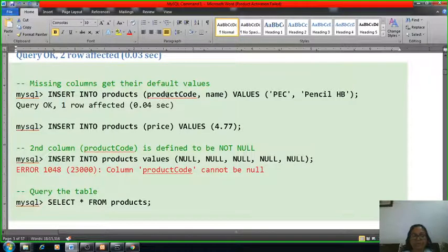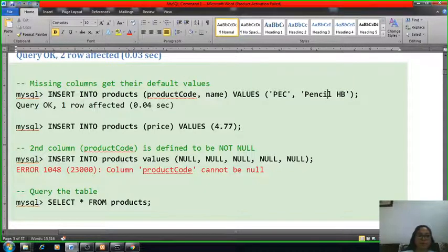We are taking only the attributes product code and product name, and the values are pencil and pencil HB. So we are not taking other column names, but we already set their defaults while creating your table. So automatically it will take the default value inside your table.